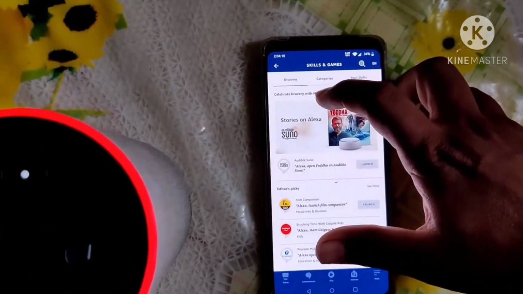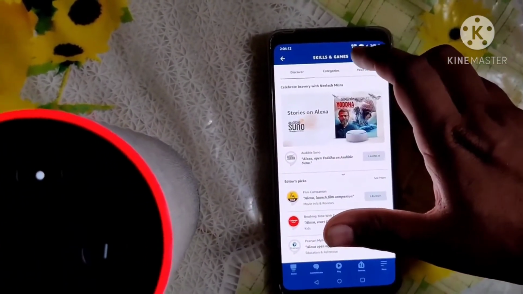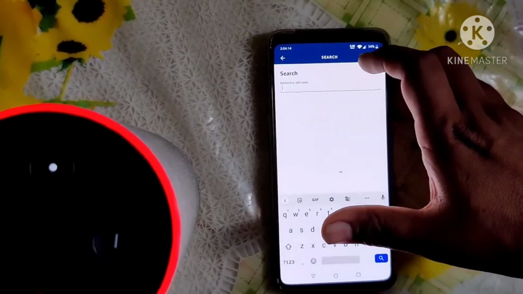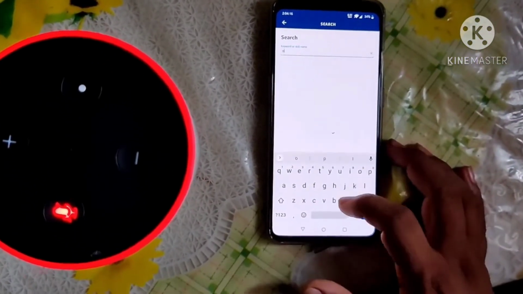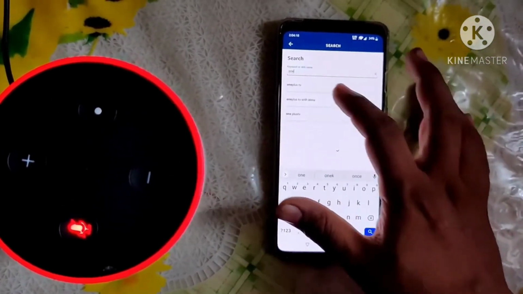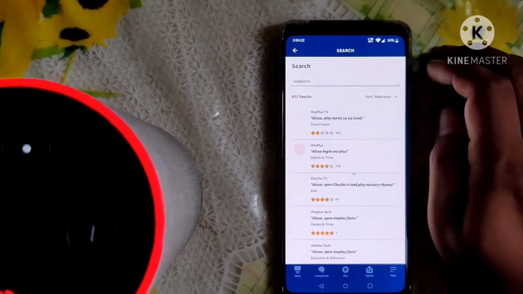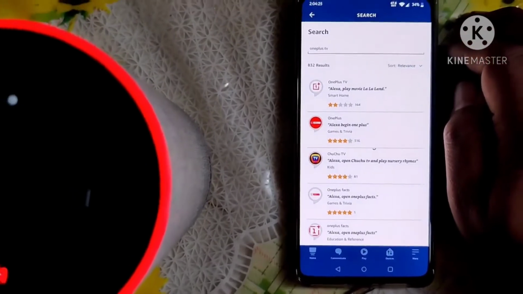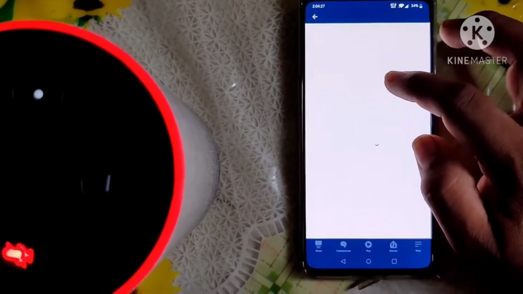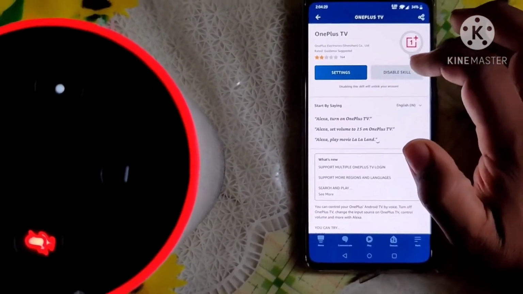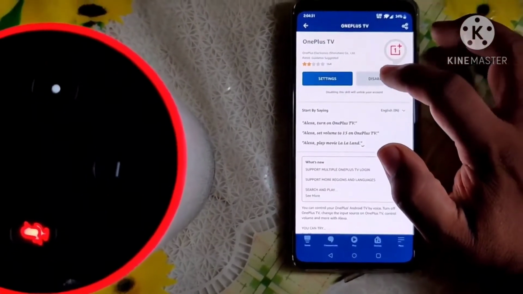You see discover here. So go to discover and in the top search, you type OnePlus TV. You get that OnePlus TV there. You can see OnePlus TV. So select OnePlus TV, and you can see the OnePlus TV skill there. So add that skill. You have to enable the skill if it is not enabled already, or you can